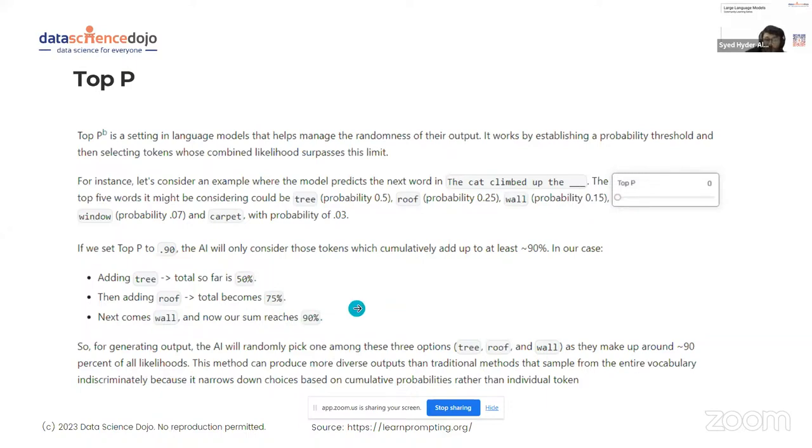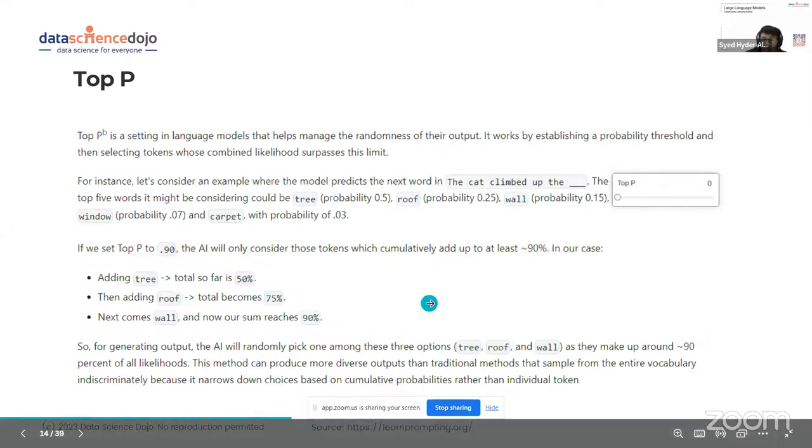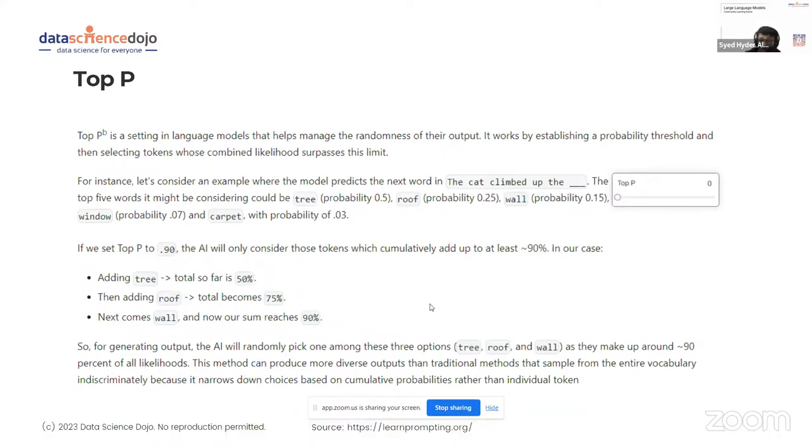So we set our P value to 0.90. The next token had five words, but based on probability, the 90% was because of these three words: tree, roof, and wall. So now our AI will randomly pick one of these three options.